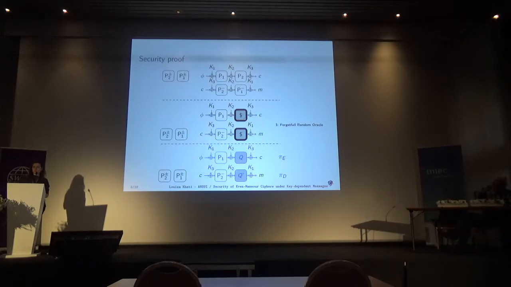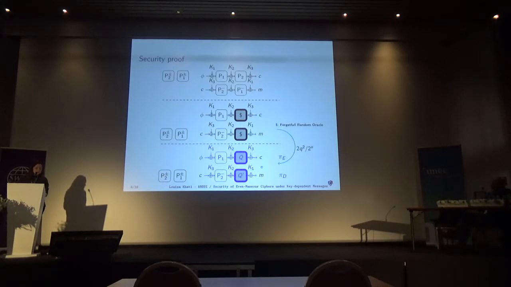Each time you give it an input, it will give you an independent and random value, even if you ask twice the same value. So this forgetful random oracle was introduced to break the relationship between the input and the output to make the proof easier. So what we can see is that the advantage of the adversary trying to distinguish between these two worlds is